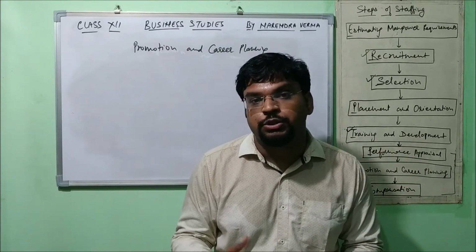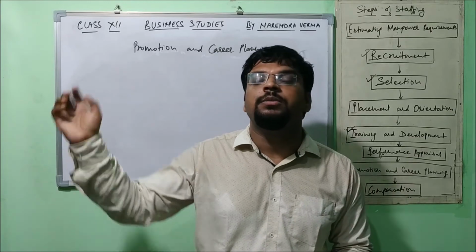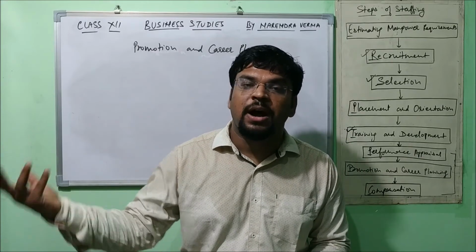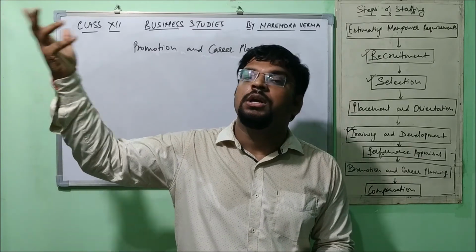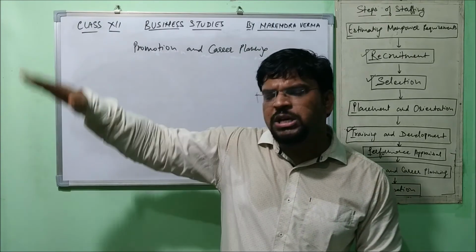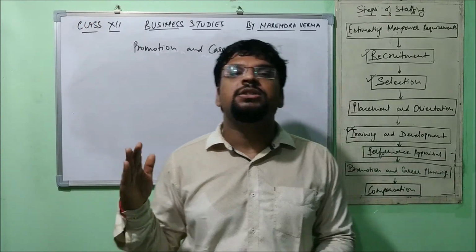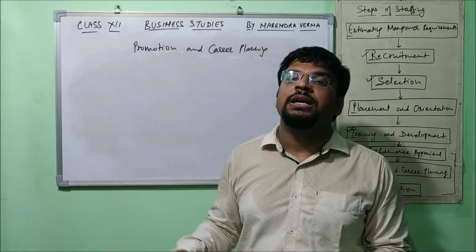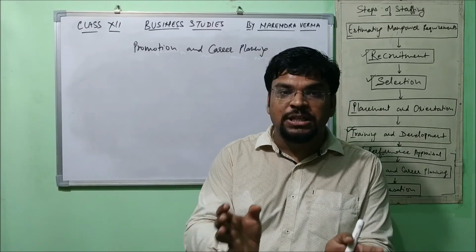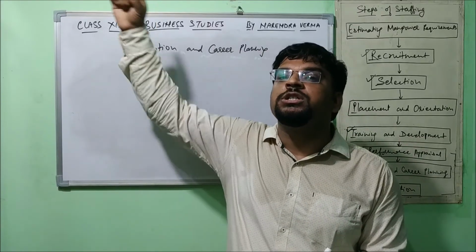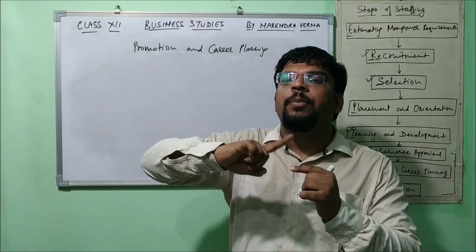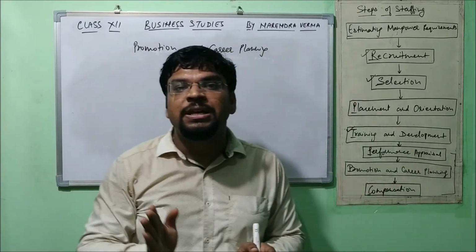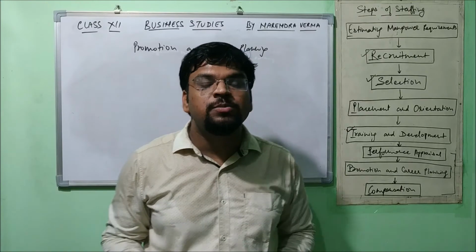Say for example, a person joins as a sales executive, later on he becomes team leader, thereafter he becomes assistant manager under the marketing department, and later on he becomes the head of the marketing department. So in that way his career is planned. The organization needs to inform the employees that if you keep on achieving your targets, then in these many years or in a short period you are going to achieve this position. So his career path is already decided. The avenue has been provided by the organization so that he can move on to that. So his roadmap is very clear to him.